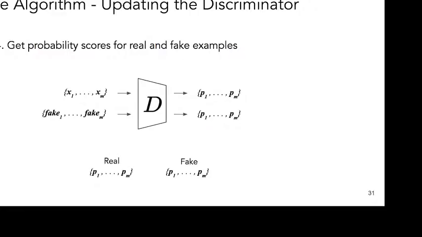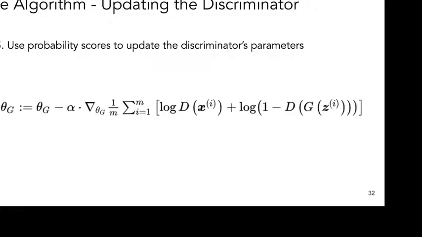So now, after we do this step, we're going to end up with two lists of vectors of probability scores corresponding to our real and our fake data. Next, we're going to use these probability scores to update the discriminator's parameters. So we go back to that min-max game with those expected values. Now we're going to distill this into a loss function, which looks pretty much exactly like those equations. Breaking this down further, we just made these probability scores, and where this actually factors in is